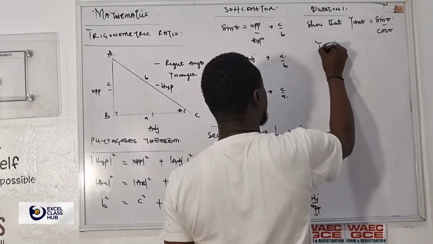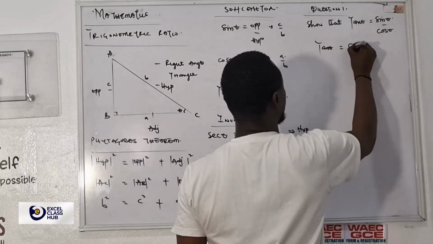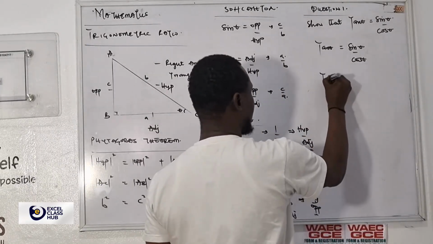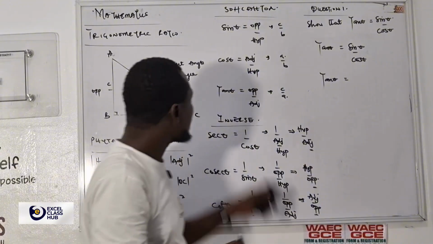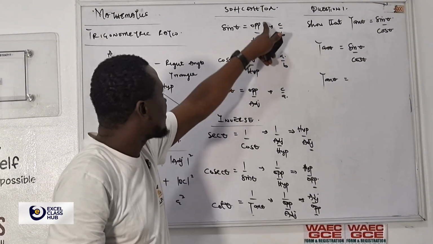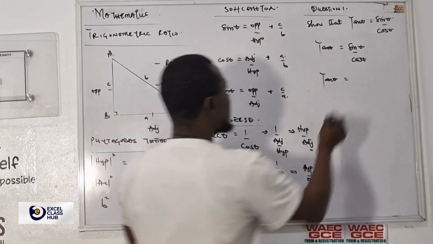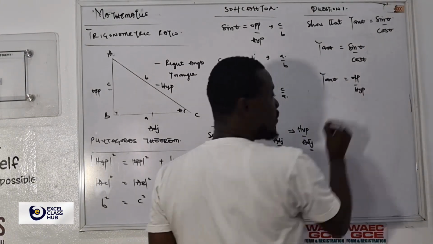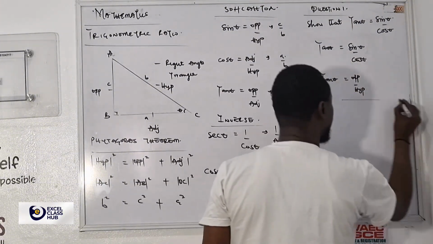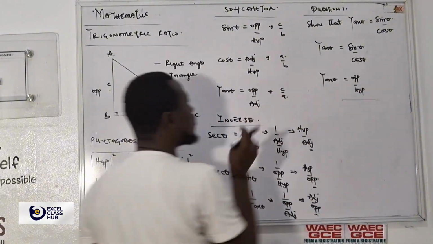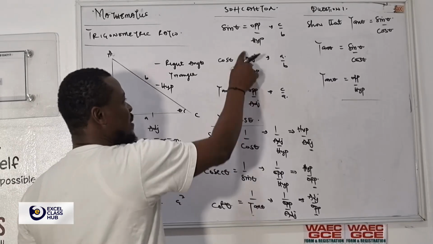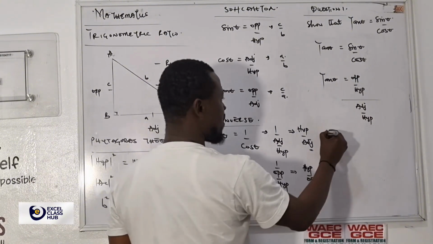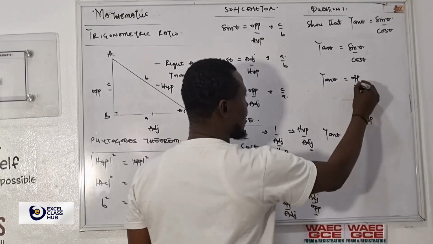Look up. That should be tan theta equals sine theta over cos theta. How will I prove this now? You know, this is my tan theta, student. This is sine theta now. What is my sine theta in alphabet? Or in this, sine theta is opposite over hypotenuse. So I can change this sine theta back to opposite over hypotenuse. You know, this sign here means divide. What is now your cos theta again? Cos theta is adjacent over hypotenuse. So from here, in a nutshell, tan theta can give me